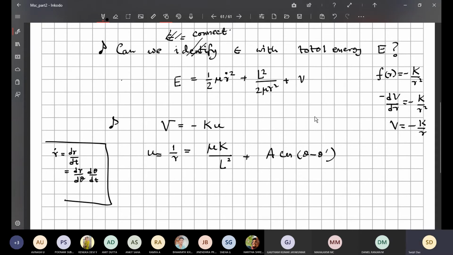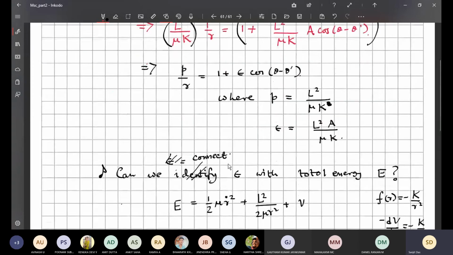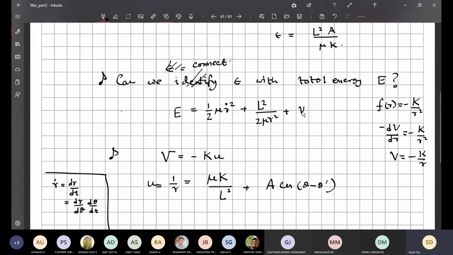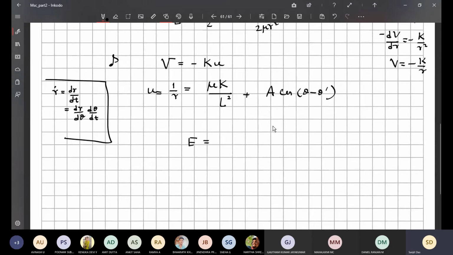How will this equation come now? This equation will come as a first order differential equation rather than a second order differential equation. Are you getting the point where I am going? If you write down this part only, it will come as a first order differential equation with respect to u and theta, where the variable will be u and you will be taking the derivative with respect to theta. How will these things come? Can you write it down? Focus on this equation: E is equal to half mu r dot square plus L square by mu r square.